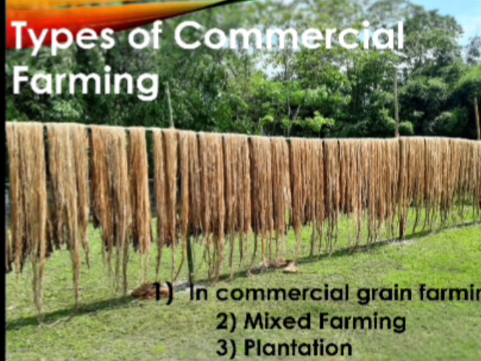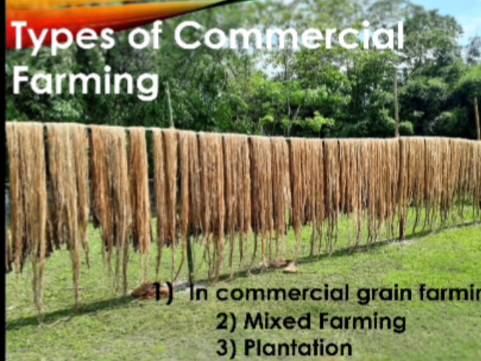The third type of commercial farming is plantation. Here, a single crop of tea, coffee, sugarcane, cashew, rubber, banana, or cotton is grown. A large amount of labor and capital is required. The produce may be processed on the farm itself or in nearby factories. The development of a transport network is also essential for this type of farming.